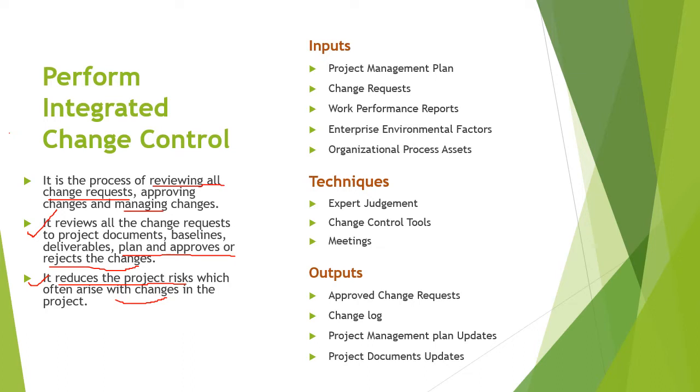Okay, now let's have a look at the inputs, tools and techniques, and the outputs which are there in the perform integrated change control process. So let's start with the inputs first. So the first input is the project management plan, of course. Because in the project management plan, the scope management plan is one of the important inputs, because it contains a procedure to manage the scope changes,